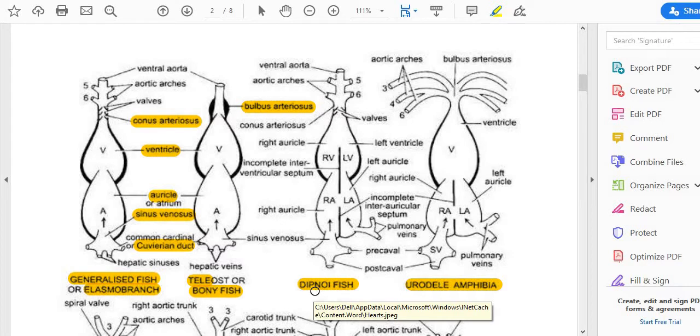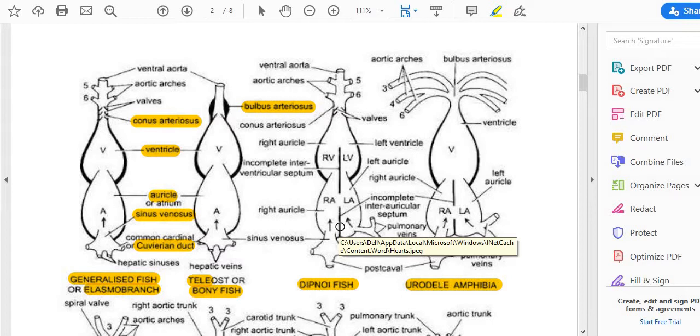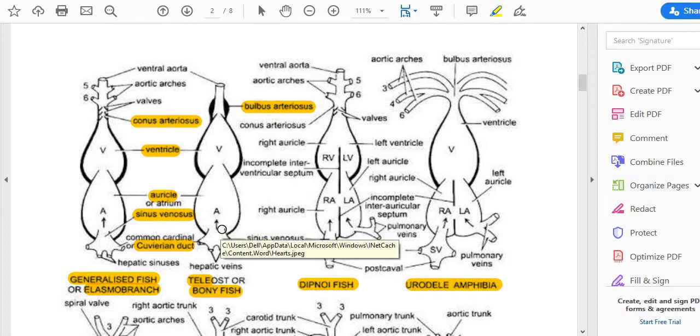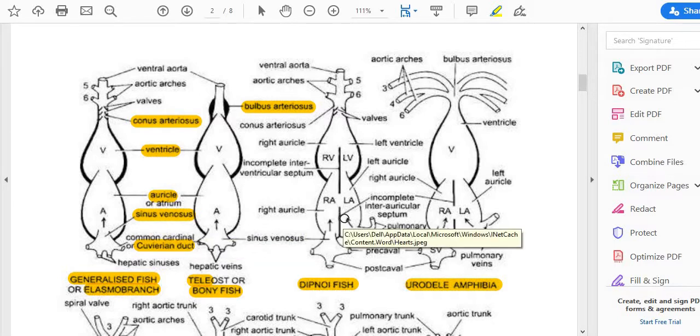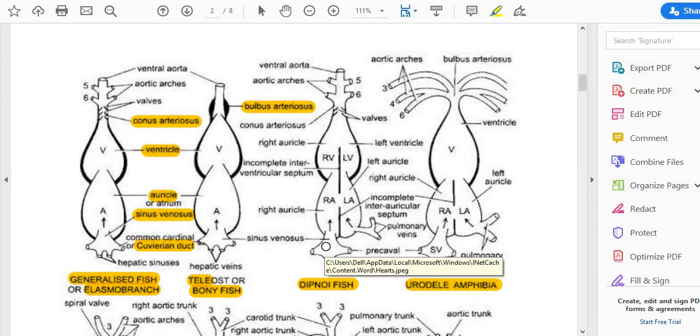So in case of lungfishes, they don't respire by gills but they respire by lungs, and the lungs are modifications of the air bladder. So here we can find compartmentalization. Unlike the circulation that was taking place here, in case of bony fish also we find single circulation, in case of elasmobranch also we find single circulation, but here we find double circulation. That is because of the compartmentalization of the ventricle and auricle. In case of dipnoi fish we find sinus venosus.